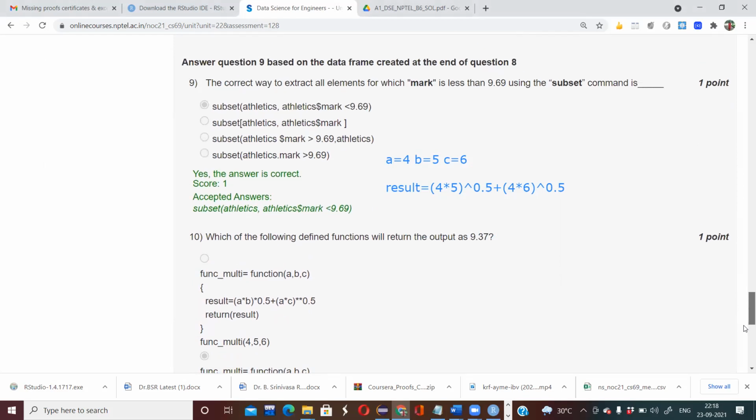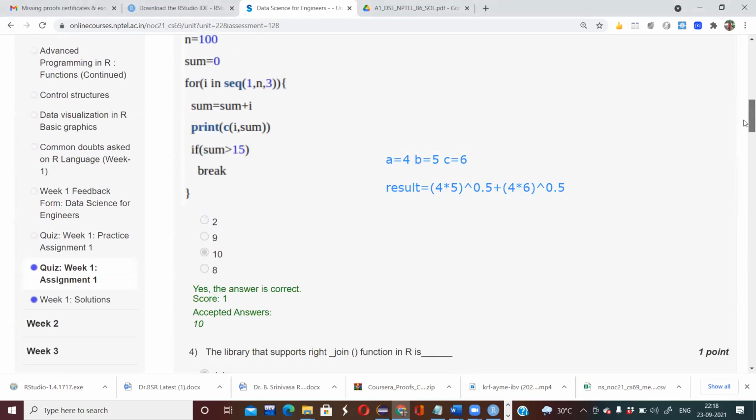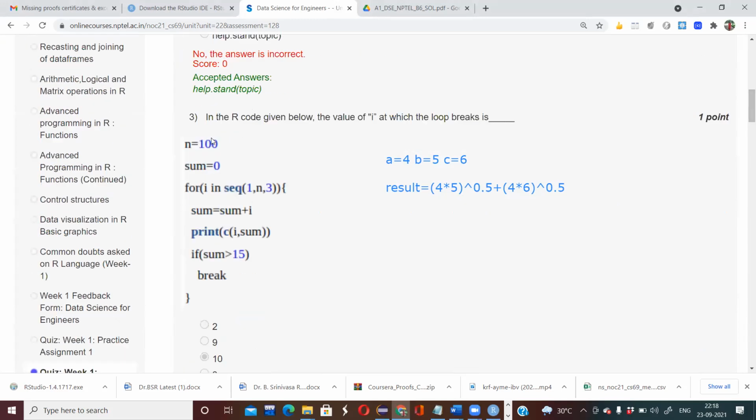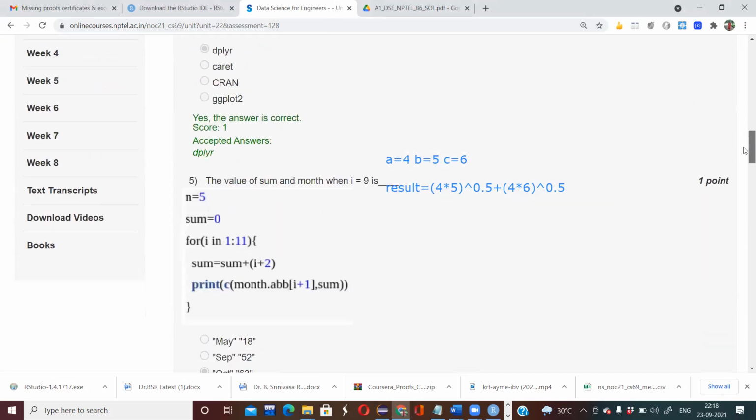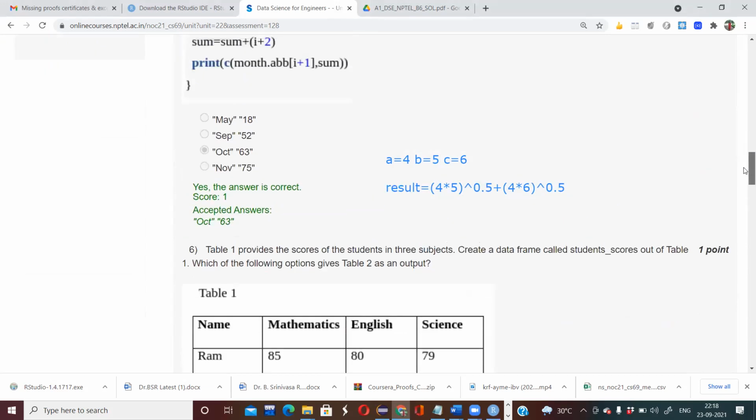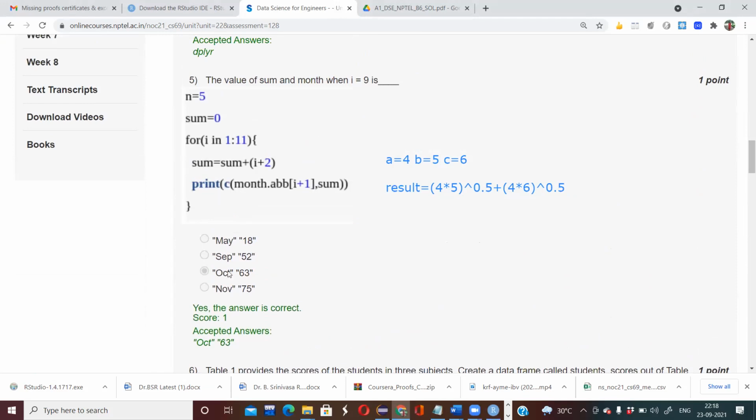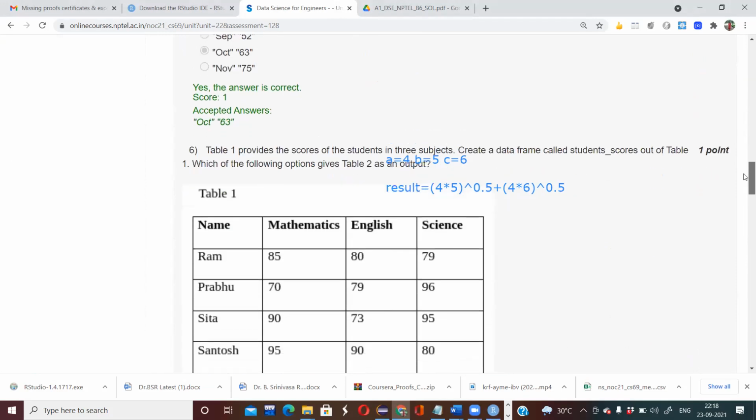So this is the week 1 assignment, guys. Here you can see that without the help of RStudio also, you can solve these questions. They might ask you some questions regarding iteration or loops, for loop or while loop. Most probably this pattern of month, abbreviation, and sum is getting repeated, so please check these problems.